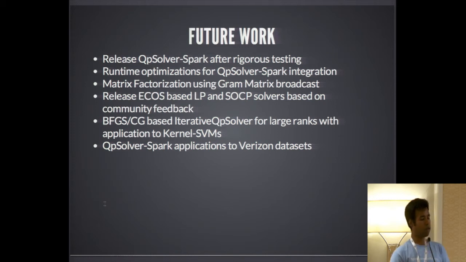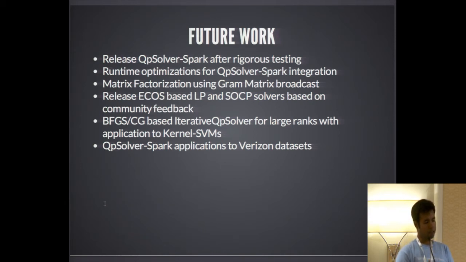We also want to look into the matrix factorization case where the values are not considered missing, so that needs a gram matrix broadcast. I think last day we had a talk on this. We want to see how it scales on our large scale data sets, or whether we need to do more changes. Now, for the fourth one, I still need to talk with the community about whether the community needs a linear programming or SOCP solver. We do have the code. If the community needs it, we can expose it.